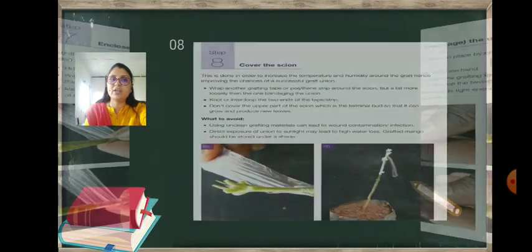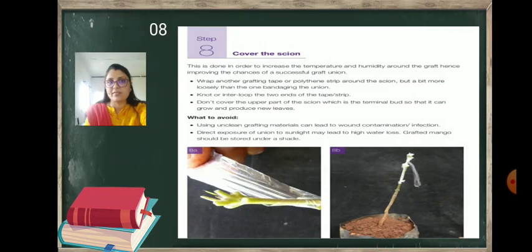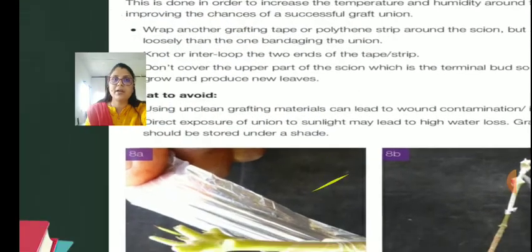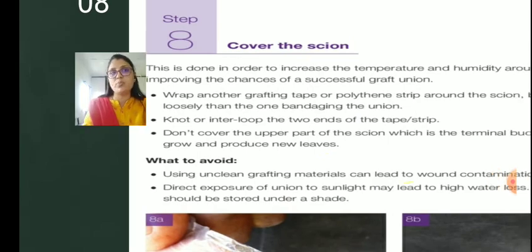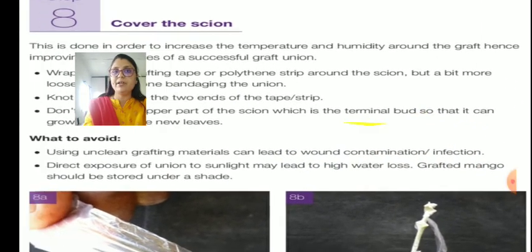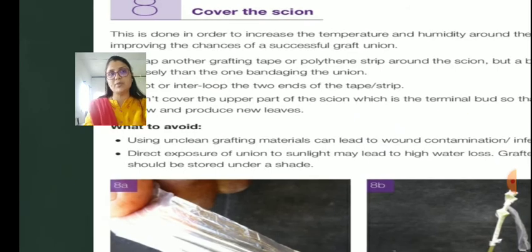Then next step is to cover the scion. Cover must be there. So you should cover the scion. This is done in order to increase the temperature and humidity around the graft, hence improving the chances of successful graft union. Why you should cover that particular joint, the scion and rootstock, to increase the temperature and humidity, okay.